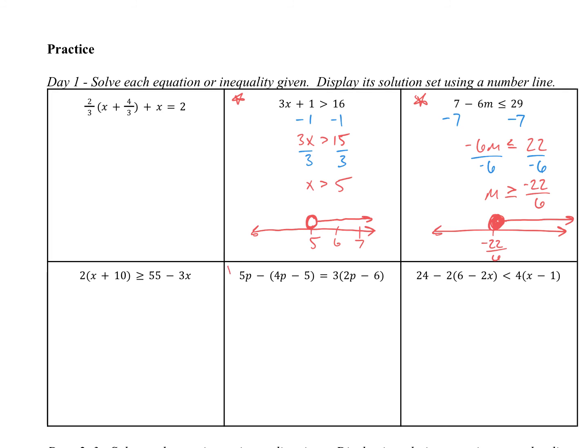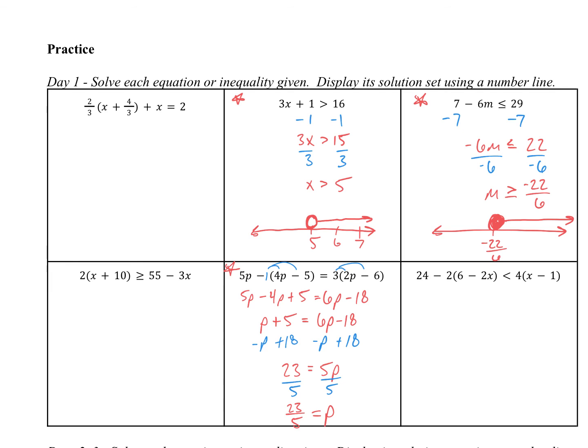Okay, the next one I'd like you to do is this one here. And my solution in a couple steps, the first thing I would do is I would distribute this -1 and this 3 simultaneously. I would do that first. So we have 5p minus 4p plus 5 equals 6p minus 18. Then I'm going to clean up the left-hand side there. 5p minus 4p is just 1p. Okay, at this point I would subtract p from both sides, and I would probably add 18 to both sides at the same time. So I now have 23 is equal to 5p, and when I divide both sides by 5, I have 23/5